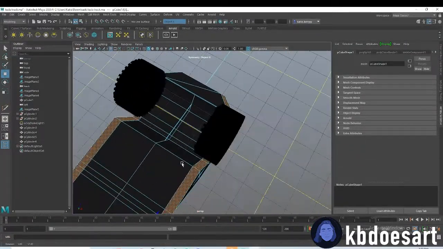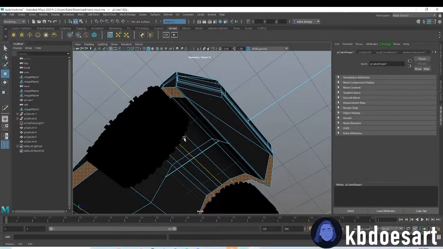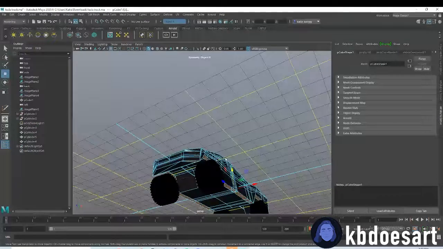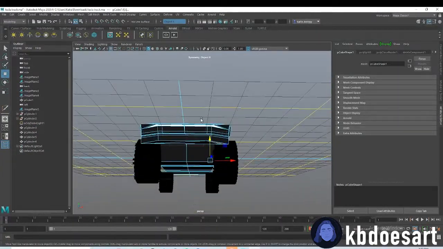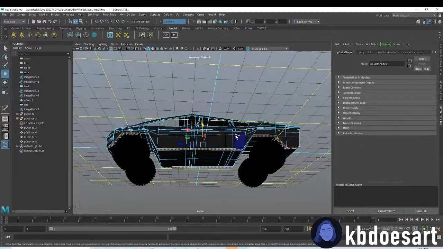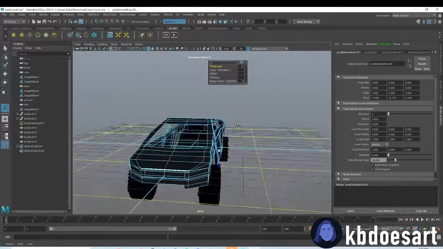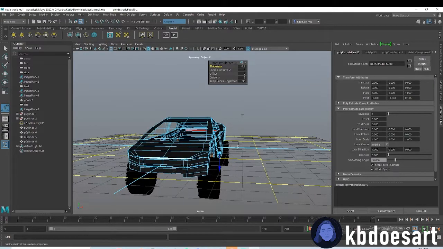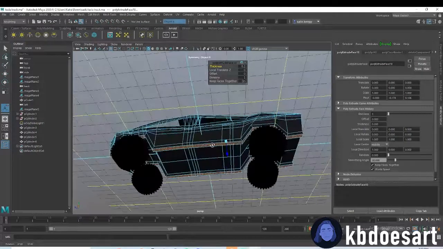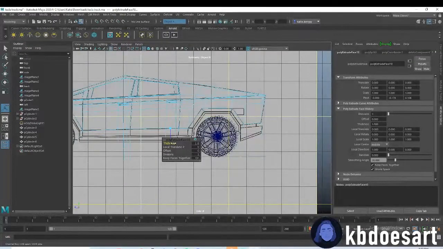I'm realizing that the front is not symmetrical on that side, on this left side. We can fix symmetry pretty easily in a second. So let's first just do this side. So Control E to extrude, and then we'll just up the thickness. Let's go here. You want to up the thickness all the way to,